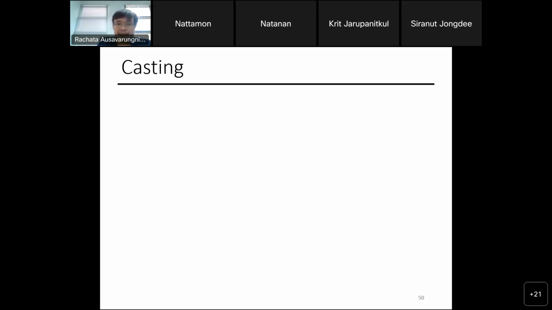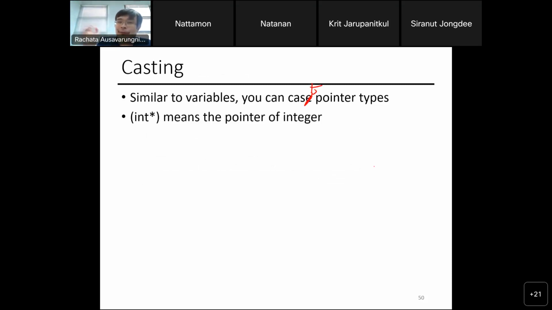So here's how casting can be done. Similar to a variable, right? You can cast a pointer type. int star means that I'm going to force this pointer to be an integer pointer. For example, let's say I do char star ptr, right?